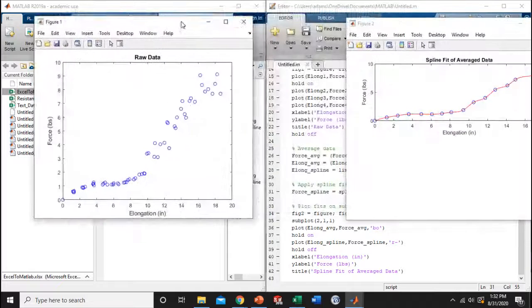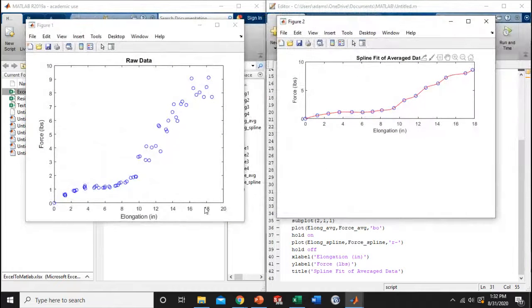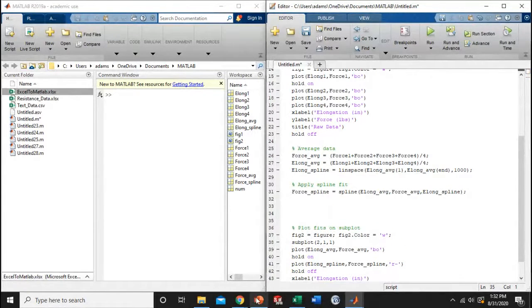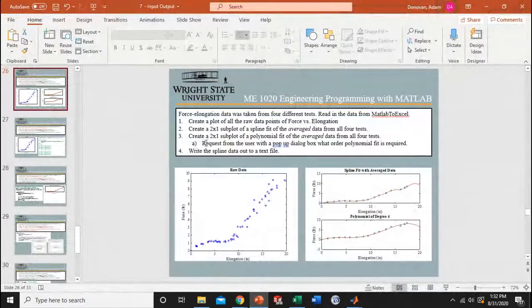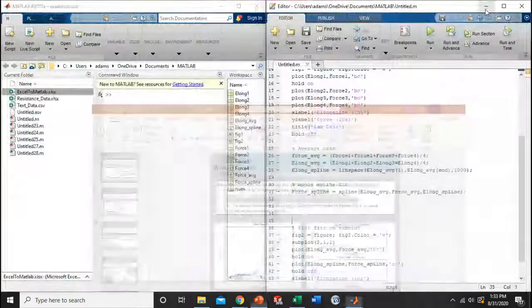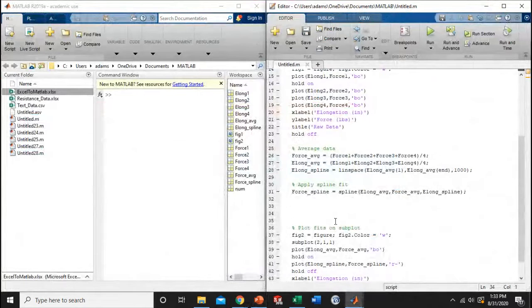Great, and so now you can see I'm over halfway there. I've got my raw data plot, and now I have my spline fit plot. And so the next step is I'm going to keep this plot actually at the bottom here. My next step is I want to request from the user a pop-up dialog box asking for the fit, and then use that dialog box to create a polynomial fit of that order for the average data. And so next what I'm going to do is I want to